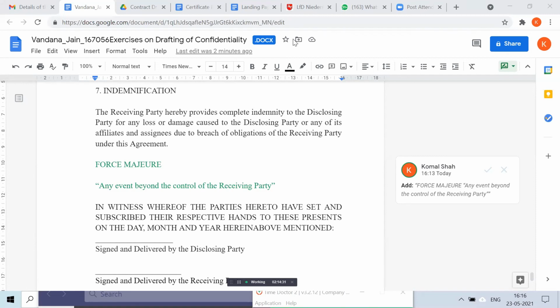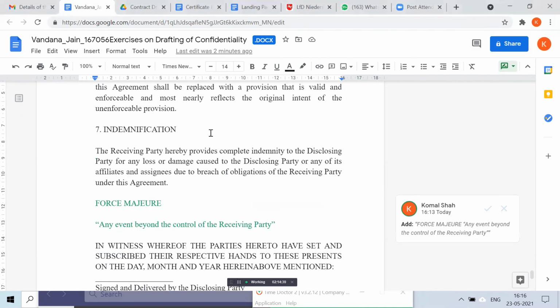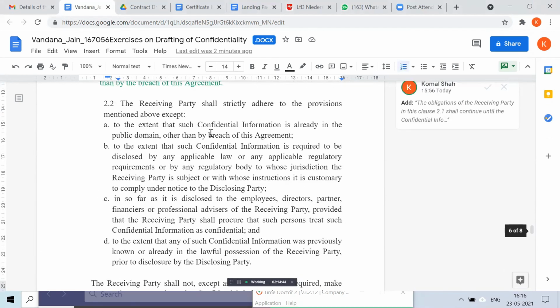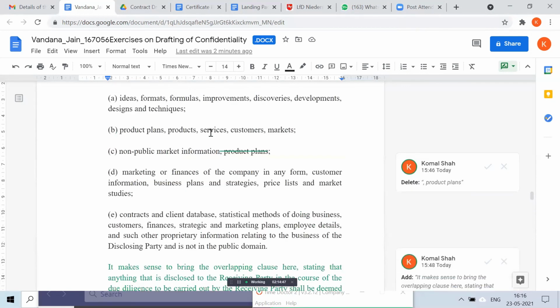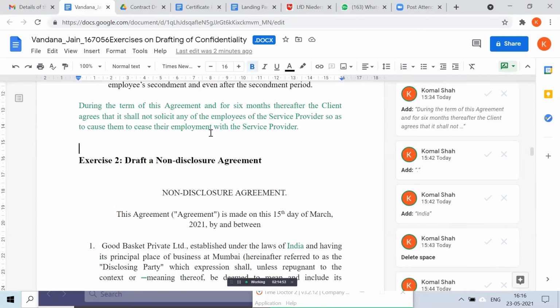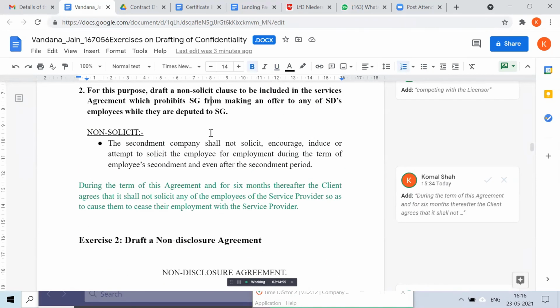I want to know about the non-solicitation one, as I didn't attend that class. I had a very practical example in this work from home setup. From 2020 till now we are on work from home. One engineer joined us. We have an NDA and employment terms with him. As per that, he was not allowed to take any part-time or full-time employment with any competitor of the company in the same line of business.